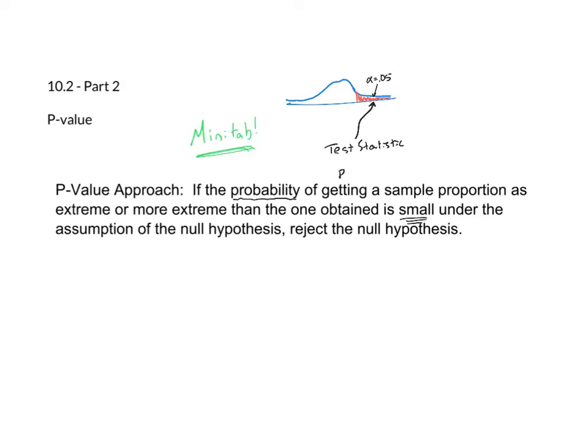It means that my p-value would be less than 0.05. When I click through the menu in Minitab, and I'll have a video in Blackboard also to show you how to do this in Minitab, whatever the p-value spits out might be 0.02, 0.01, 0.005, but it would be less than 5%, and in that case, we would reject the null